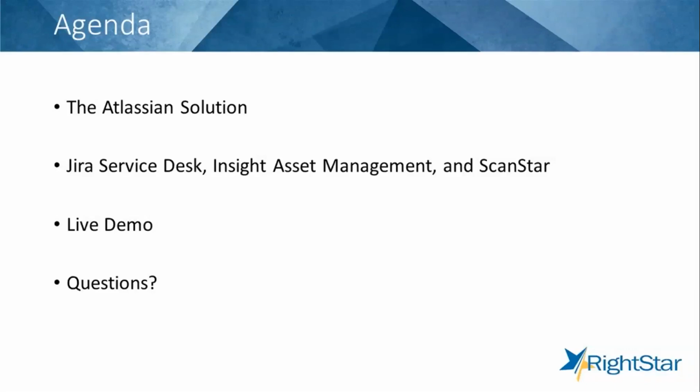So a little bit about me. I joined RightStar as a pre-sale system consultant going on 4 years ago now, and have more than 20 years experience or so in the IT consulting and solution implementation spaces. And the last 15 years or so of that in the ITSM spaces. And I'm also ITIL Foundation certified and have been for years. So hopefully what we're doing today is right in my wheelhouse, especially since I'm also a certified Atlassian Jira Service